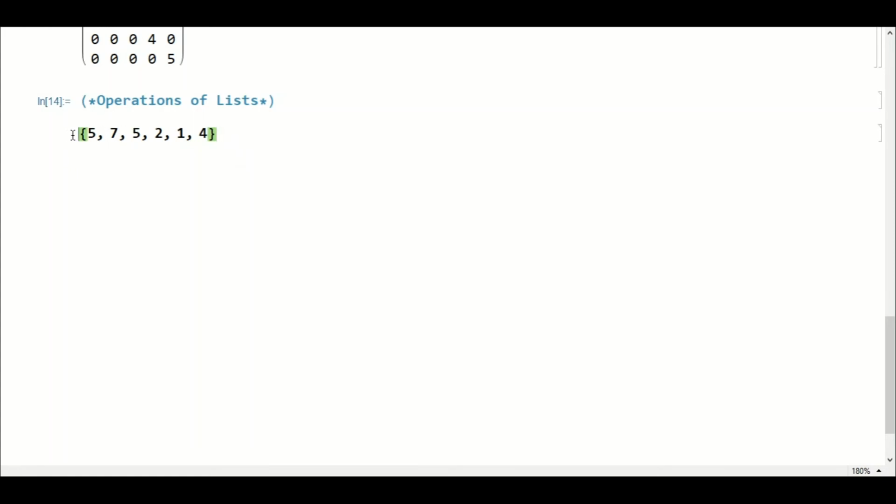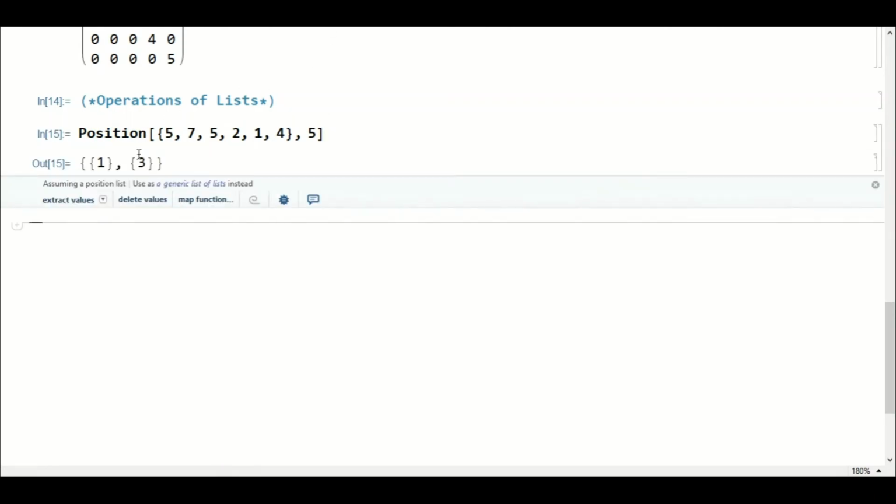So if you want to find it, you have to use Position, and then inside the square bracket you write the entire list, then a comma and a 5. So you can see that it has found the position of 5, which is at 1 and at 3.